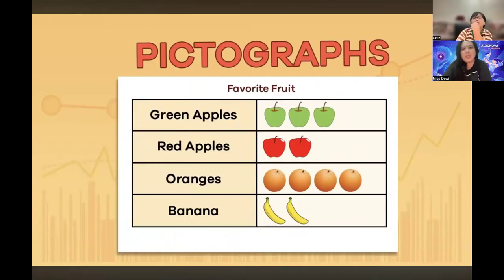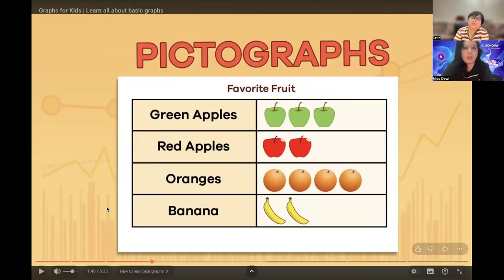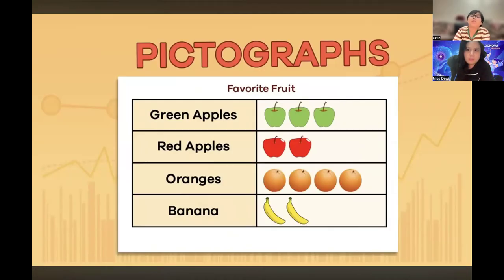Okay, what are these, Fatih? Favorite fruits. Okay, let's see what information you can gather here. What do you find in here, Fatih? Do you find any symbol or no? No. So you just count based on the pictures of fruits. The fruit is already aligned with the name. For example, number 1, there are green apples. How many green apples inside?